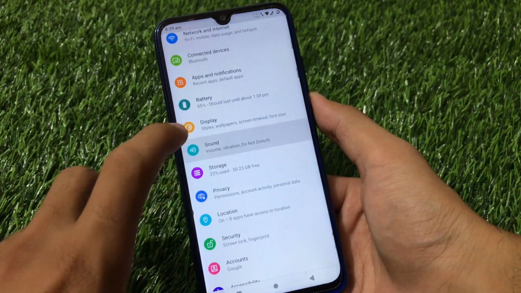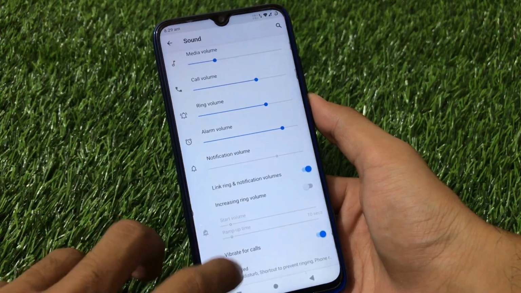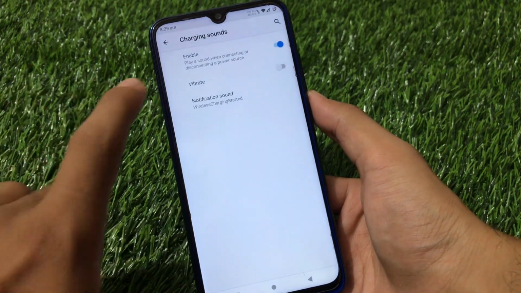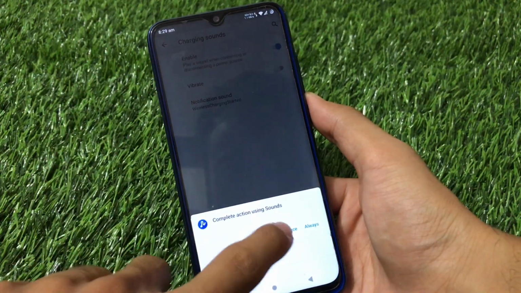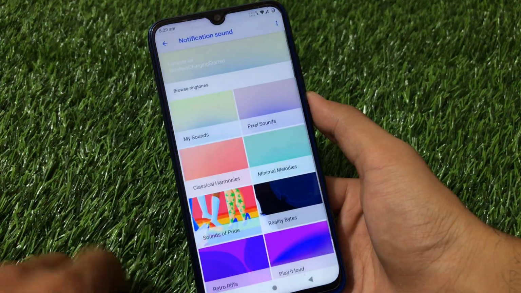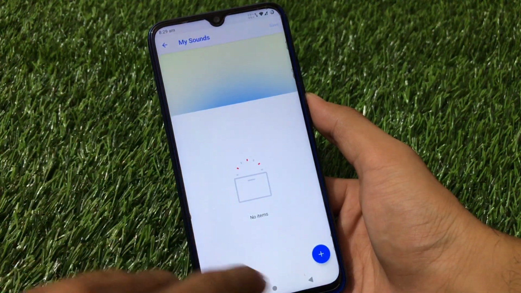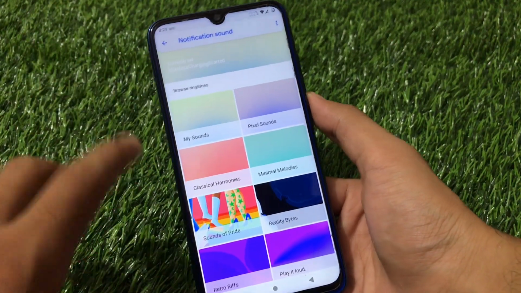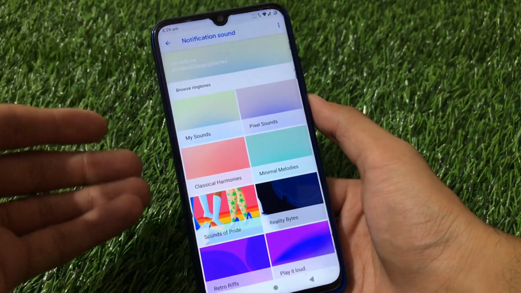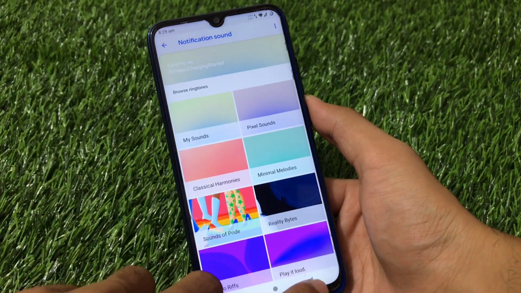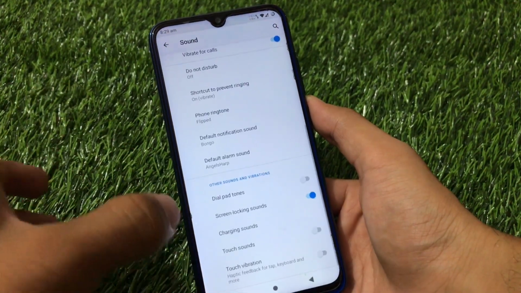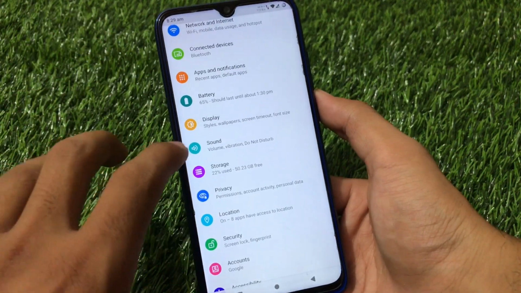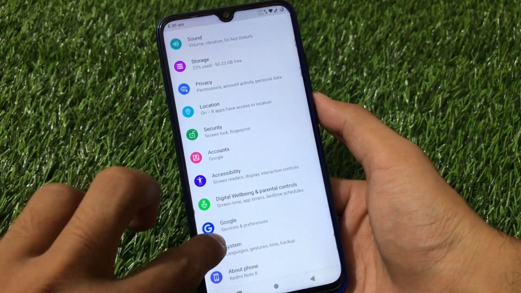Let me show you one more thing. When I open the sound option from here, and I go to the charging sounds, I also have a bug with the notification sound. If I open this sound option from here, and if I open this, it force closes sometimes. Work, force close, work, force close. So now it worked, but sometimes it force closes. These kinds of things you have to adjust if you're using an unofficial build. But yes, if you're using the official build, this is quite great.